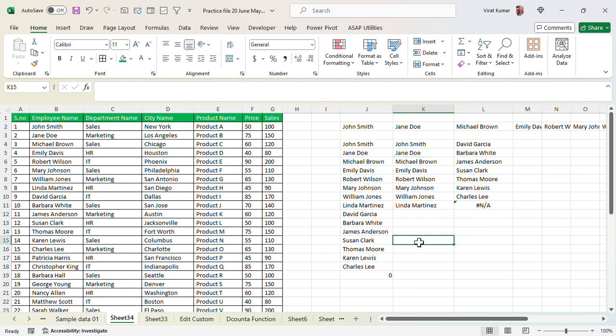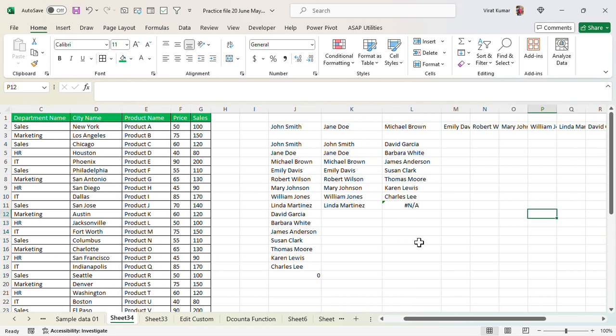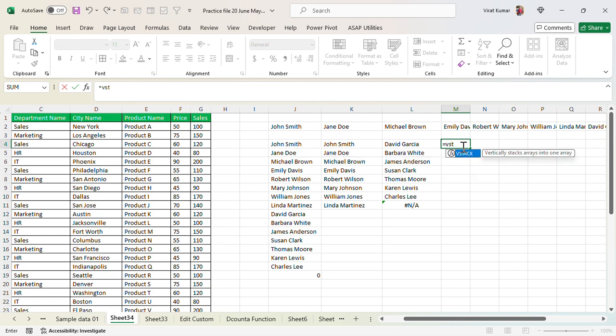Now let's move to another function, VSTACK. The VSTACK function is vertical, V for vertical. Vertical is the column, and we convert the first array, the second array, comma, third array.